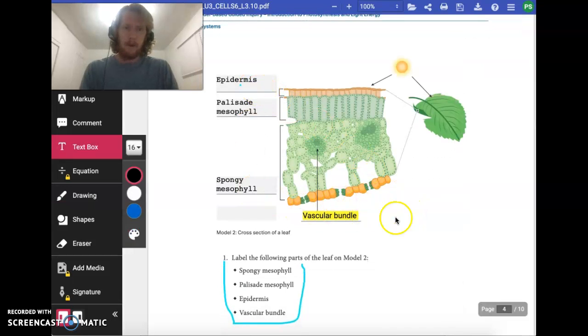I have these labeled for you. Double check. We have our epidermis, our palisade mesophyll up top, our spongy mesophyll because there's the holes inside and spaces between the cells, but it also has the chloroplast. You see there, those kind of green dots in there, just like the palisade mesophyll. So both of those is where photosynthesis takes place. Then the vascular bundle, actually we have